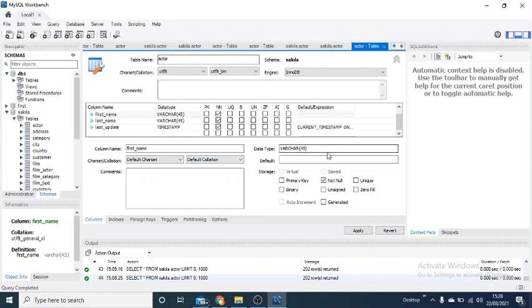And the field length, if you want to change the field length, you can change it from here, even though it has already been defined. Many a time, let's say you have defined first name as 20 characters, and later you realize that 20 characters is not sufficient, you want to make it 40 or 50 characters, so you can directly change it from here.